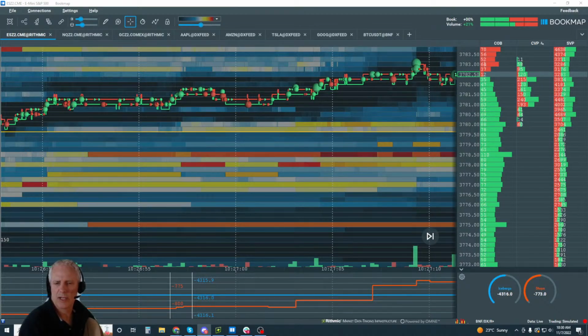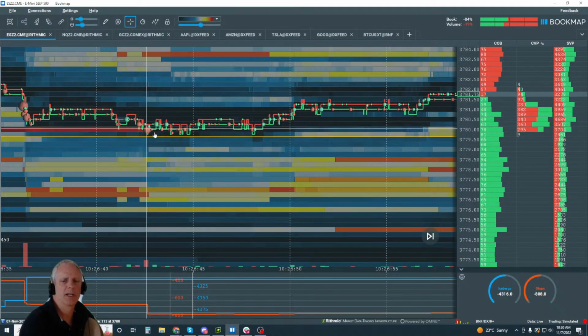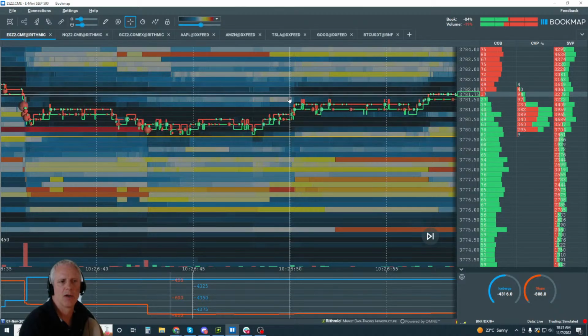Can you read that in here, and put those pieces together and understand your profile, but understand it by what's happening within these areas. This is part one of that educational course. This is exactly what we're doing. We're understanding where the transactions are taking place, what's happening on the bid, what's happening on the offer.